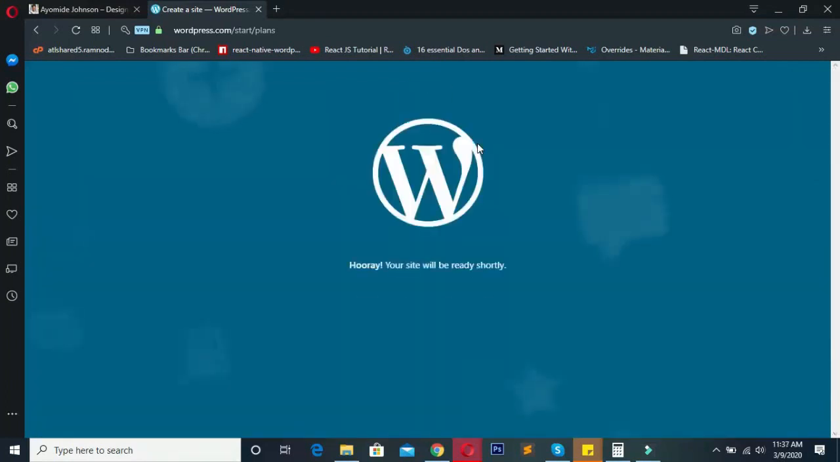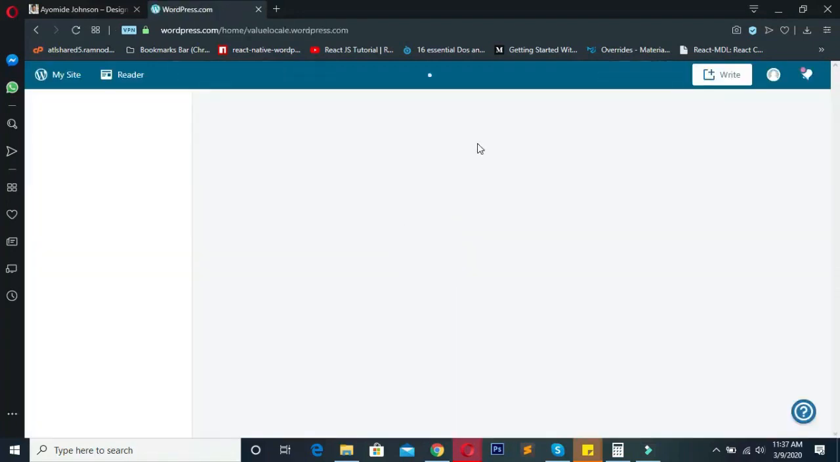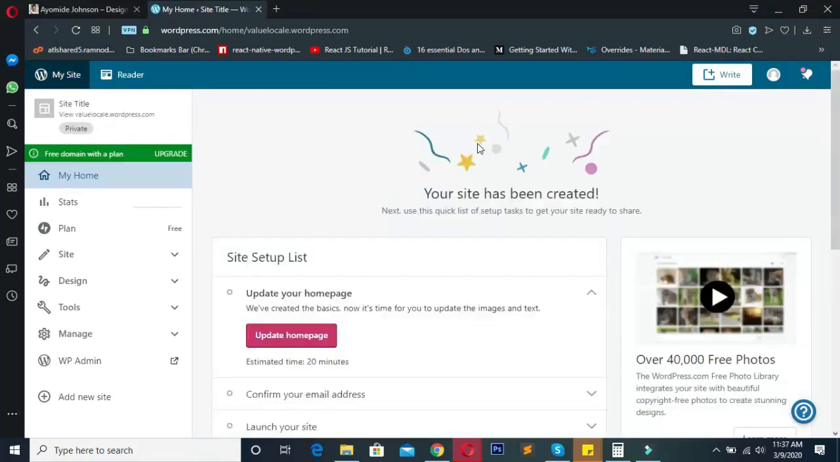So that will take a while, but it's creating your website in the background. All right, so you just have to wait for about some seconds, and then boom, you have a website created. Okay, so now this is your dashboard area. This is the dashboard area of your landing page or website. Okay, so the next thing you need to do, let us visit the domain and see if it's actually going